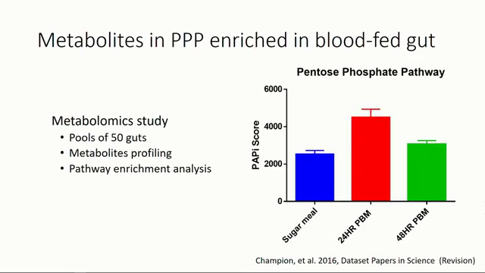The next experiment that we did is a metabolomics experiment. This is an untargeted metabolomics experiment. So we pooled 50 females, homogenized the midguts, and then we had a metabolite profiling with this one. This just found the relative abundances of each metabolite within the system. We then used pathway enrichment analysis, the POPI package from R, and what this does is it provides a metabolic flux score for the different pathways within the mosquito. There are many pathways that are changed before and after blood feeding. So we looked at sugar-fed only, 24 hours post-blood meal, and 48 hours post-blood meal.